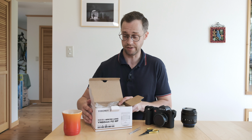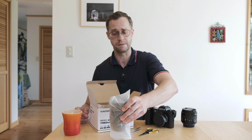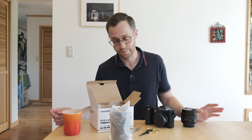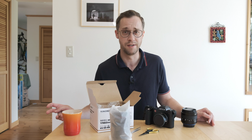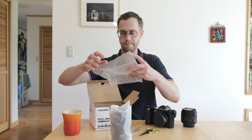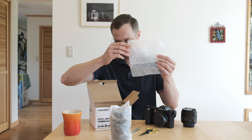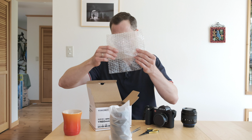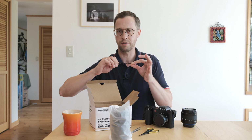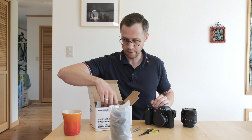It, very honestly, after buying and using lenses from, let's say, Voigtländer and Zeiss and certainly Leica, this looks like something from a garage sale. There's a little bit of a blister here, which the lens originally was in, and I've obviously kind of moved it out of. Sorry about that, Yongnuo. And there's a little twisty tie, which probably tied the box or the bag together. Sorry, Yongnuo. And there is their literature here